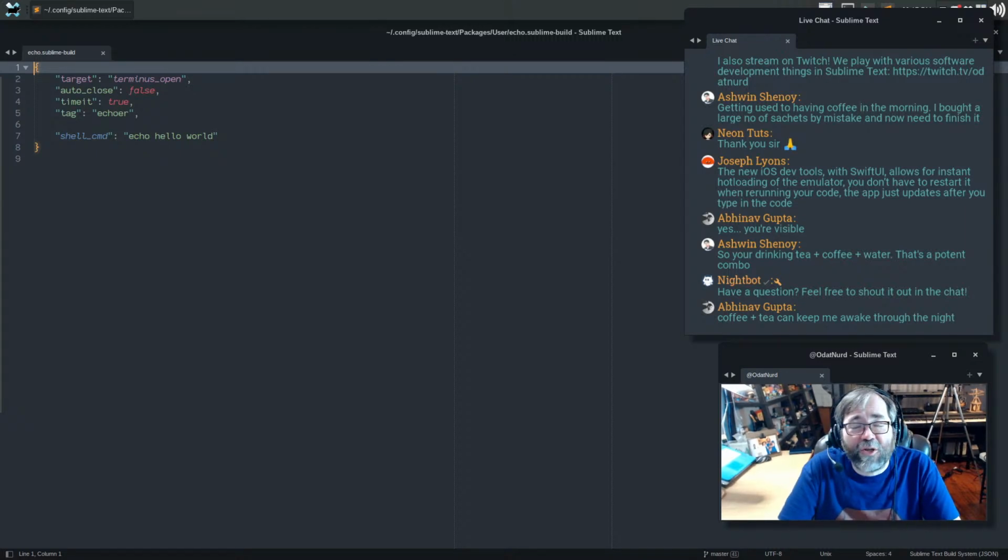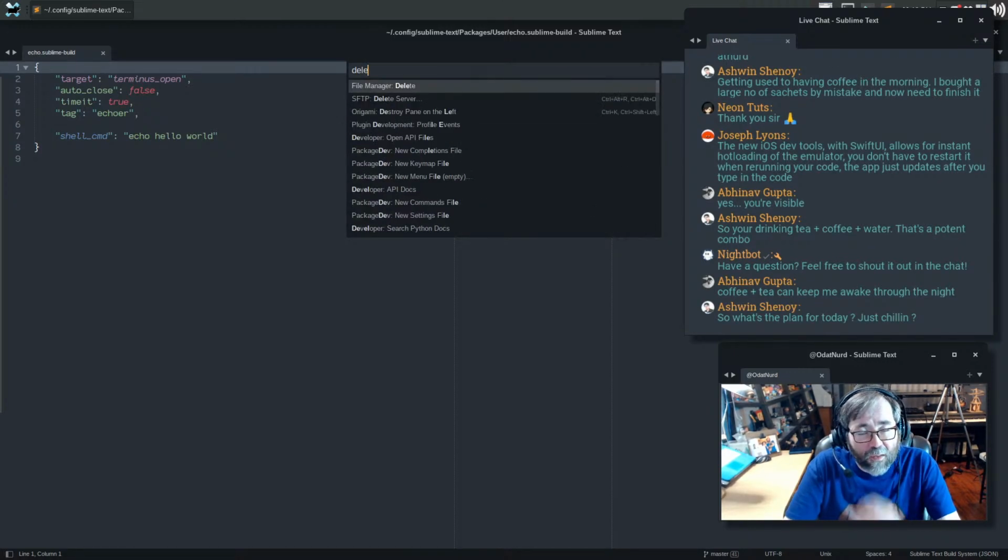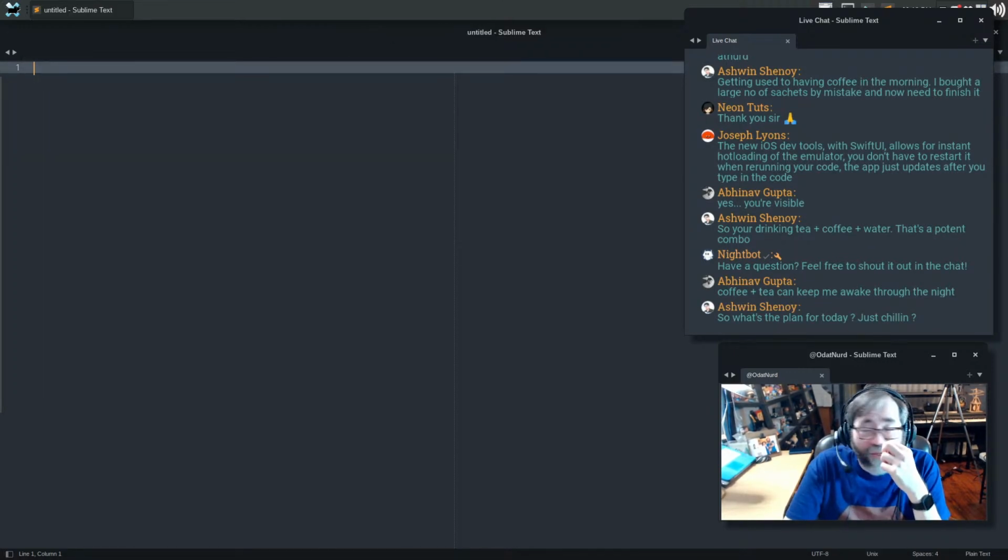The other thing to mention about doing this is if you're going to use Terminus Open, you could use the Origami package to make it split the window and move builds around, but there's definitely a video for that one on the channel here. And I think I might need to revisit that for just a little bit.